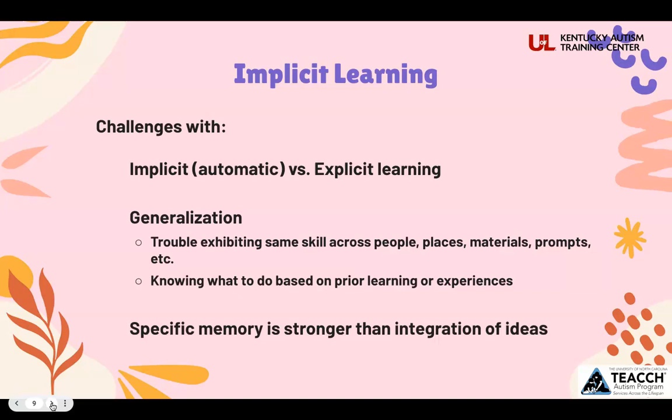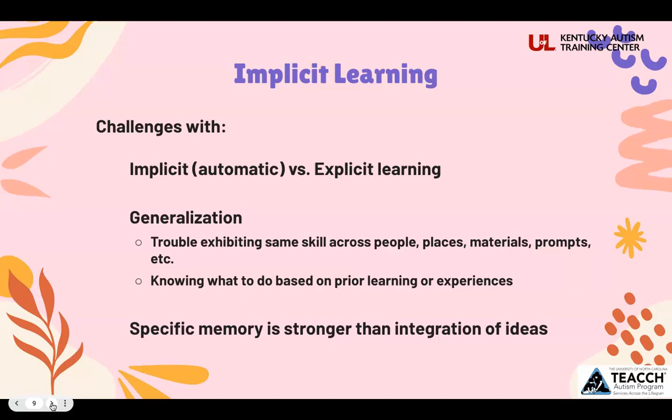All right. Also, the challenge that they have in implicit learning is that they also have some challenges with generalization. Now, again, remember, nothing is just a brushstroke. It's not the same for everyone, but there will be some challenges with generalization of skills. So even though they may show some social emotional skills, say at home, which is usually the first area, and parents or guardians say, okay, yeah, they have these skills at home, but then when they go to daycare or